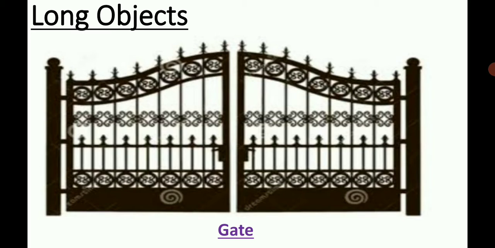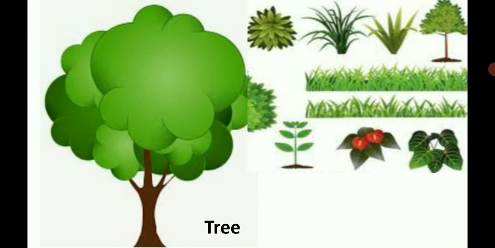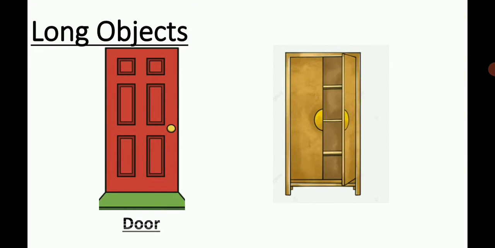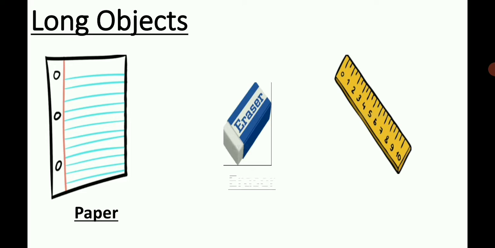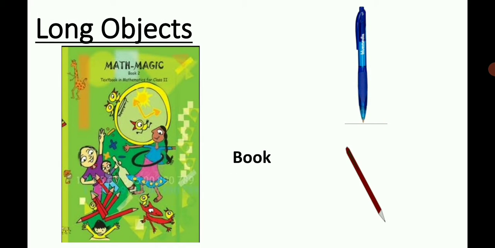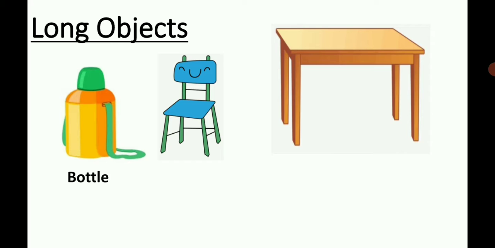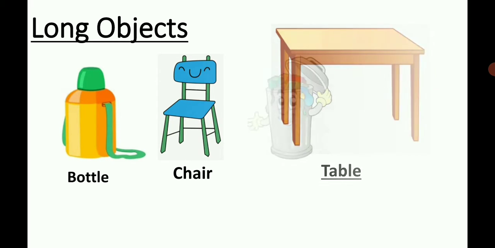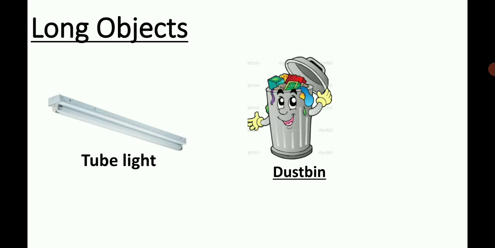Now, have a look at some long objects. These are some long objects like gate, tree, door, cupboard, paper, eraser, scale or ruler, book, which is also called textbook, pen, pencil, bottle, chair, table, tube light, dustbin,